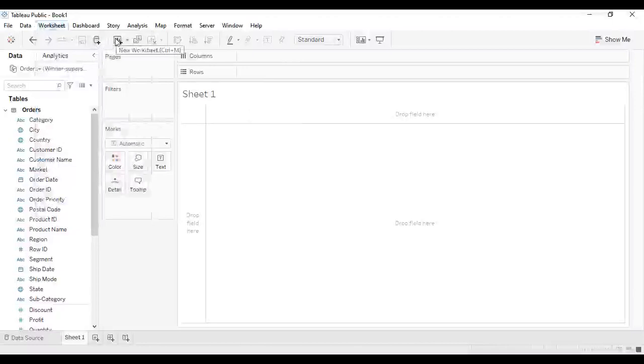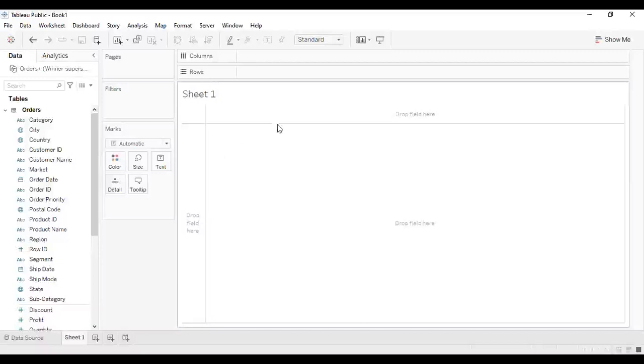We have the new worksheet. We have when you want to duplicate your worksheet. Also, we have when you want to clear your worksheet, you're tired of it, or you're not getting good information, you want to clear everything. We have the transpose where you want to swap your row into column. We have the sorting in ascending order. We have the sorting in descending order. We have the highlight. So these are all in the ribbon, and these are just things we are going to go through once we start creating our